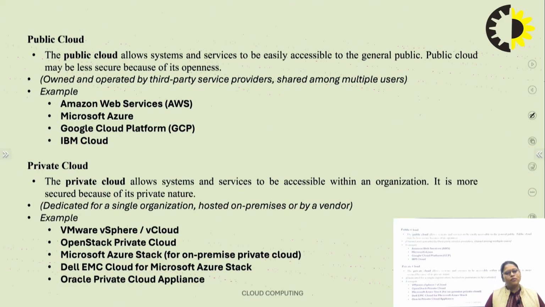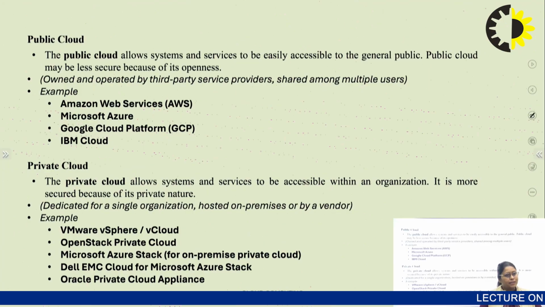A number of companies provide the private cloud facility. Some examples are VMware vCloud, OpenStack private cloud, Microsoft Azure on-premises private cloud, Dell EMC cloud for Microsoft Azure Stack, and Oracle private cloud. So these are some specific private clouds which allow us to access any type of application or any services